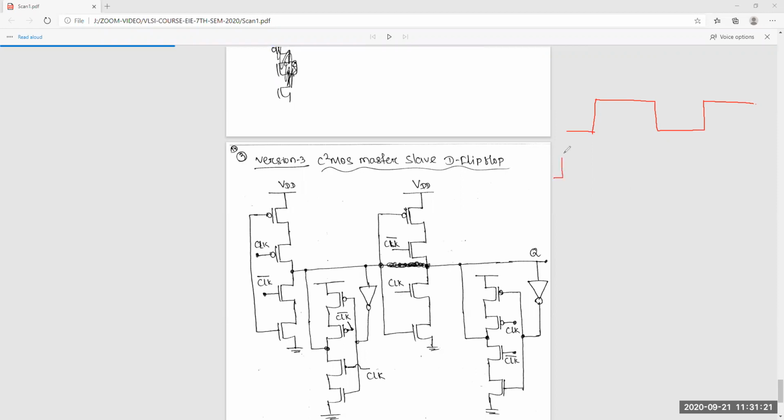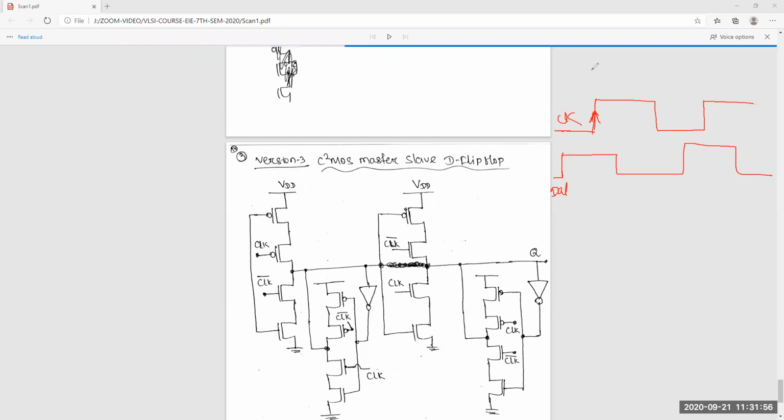And suppose this is your data. Now, the setup time definition is: how much before the clock edge the data is stable. Okay, the time before the clock edge.